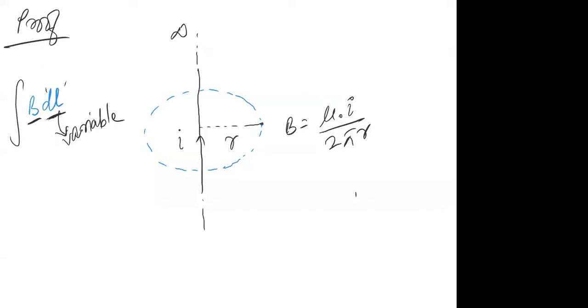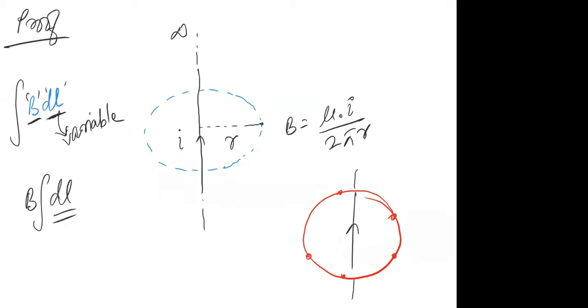For example, if I take an infinitely long wire and draw a circle around it, can you please tell me what will be the values of the magnetic field at every point? Will it be the same or different? If I take a circular loop around a wire, the magnetic field on that loop will be the same or different? Obviously the same. Yes, very good, Fatima. And because it is the same, I can treat this magnetic field as constant. If the magnetic field is constant, I will take it out and only integrate dl, right?